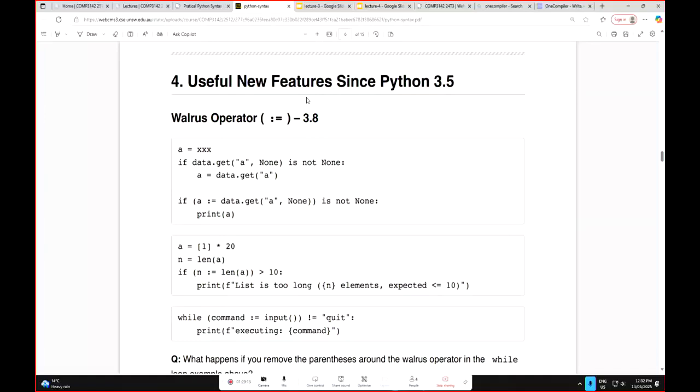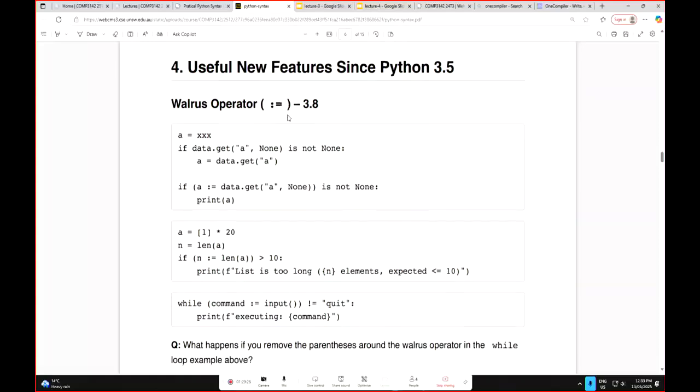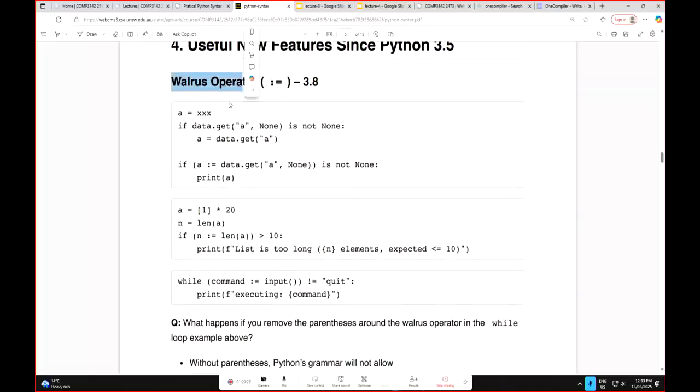So there are actually many useful new features since Python 3.5. And the first one is the walrus operator. So sometimes